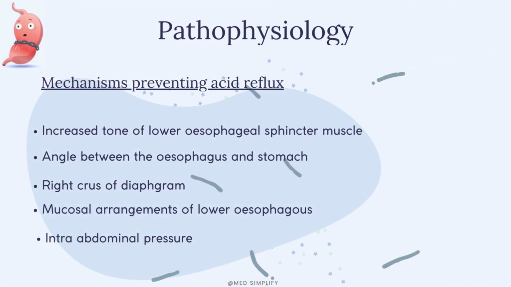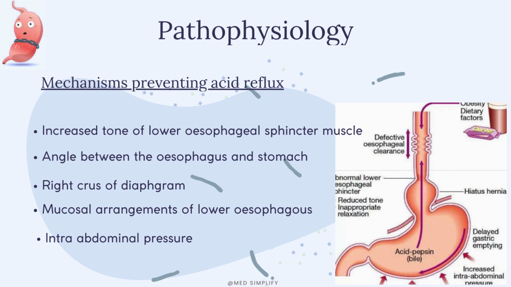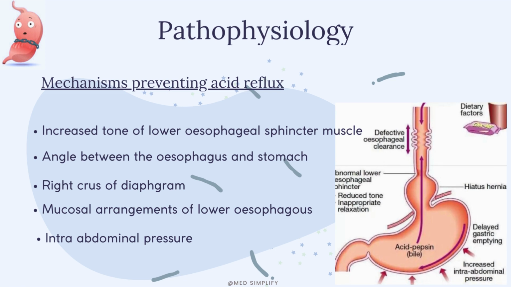Pathophysiology of gastro-oesophageal reflux disease. Mechanisms of preventing acid reflux. Transient lower esophageal sphincter relaxations are part of normal physiology, but occur more frequently in patients with gastroesophageal reflux disease, allowing gastric acid to flow back to the esophagus. Increased tone of the lower esophageal sphincter muscle and the angle between the esophagus and stomach prevent acid reflux. The mucosal rosette, formed by gastric mucosa, and the crural diaphragm at the lower esophageal sphincter, which contracts, also prevent